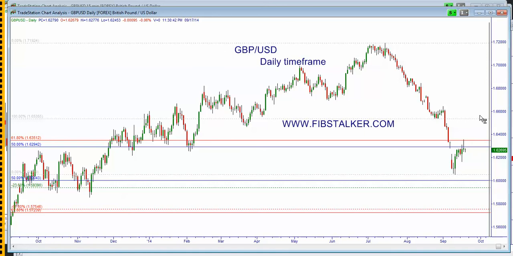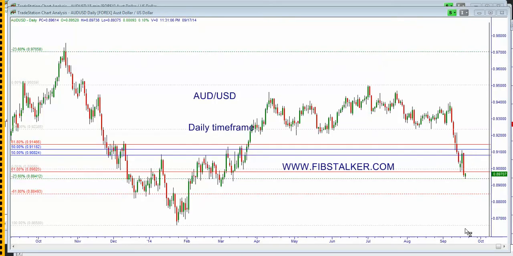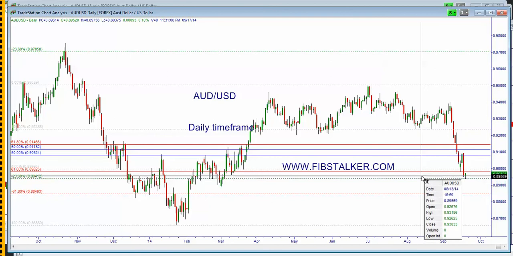There are always opportunities on 12 markets. There is always another market offering a better setup. So for example, the setup in the euro at the moment, it's much safer than this setup, so that's what I would look at. Moving to the Australian dollar versus the US dollar, this market has actually violated the 0.6981 level,